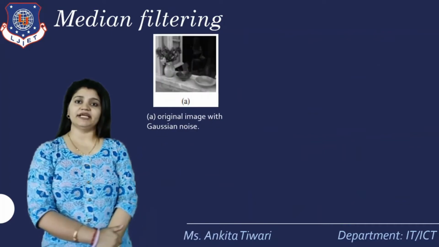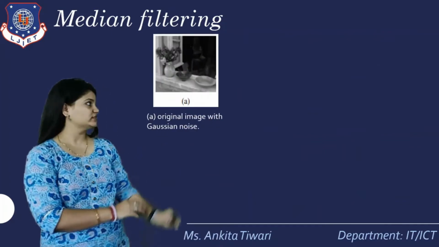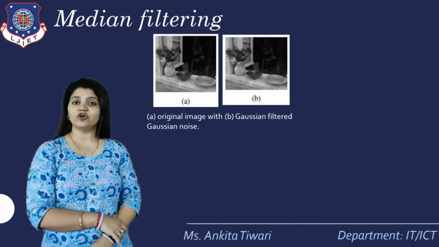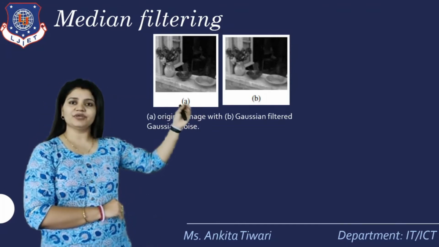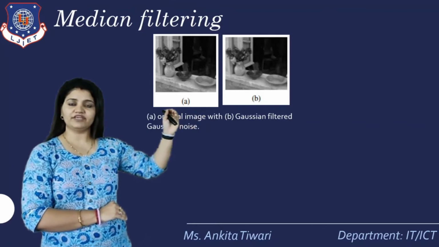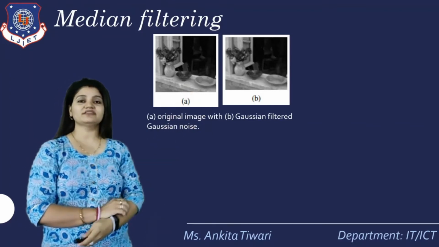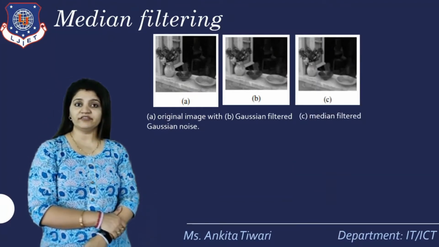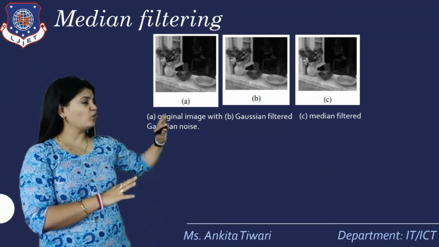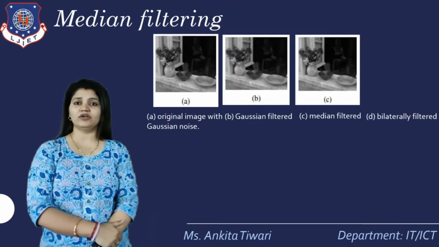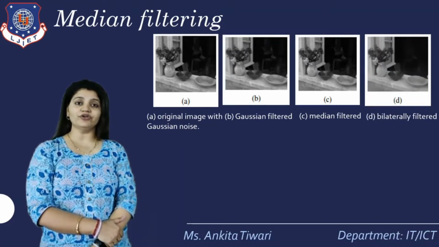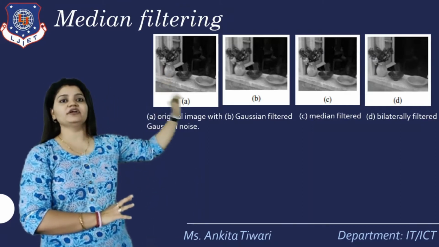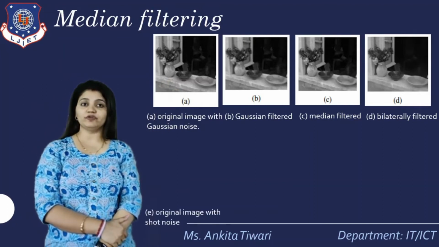Let us look at an example: the original image with Gaussian noise. With the Gaussian filter, the image becomes almost good, but something is still changed from the original. With median filtering, the image is not very accurate to the original image. With the bilateral filter, which we are going to learn after this, all of the black part with the noise has gone, but some portion will be lost.